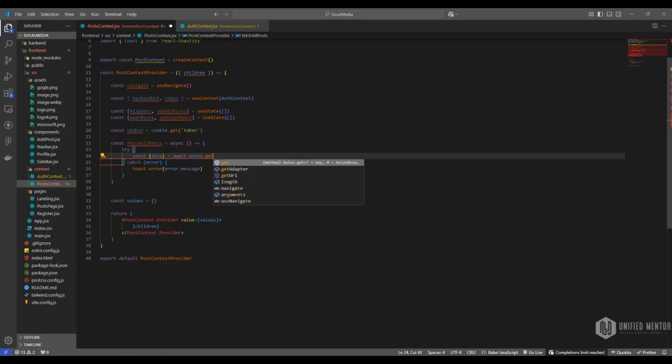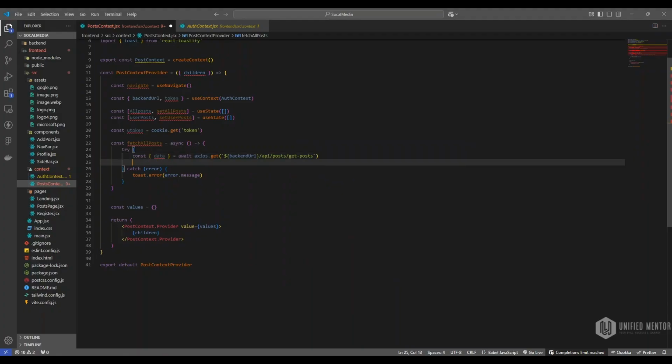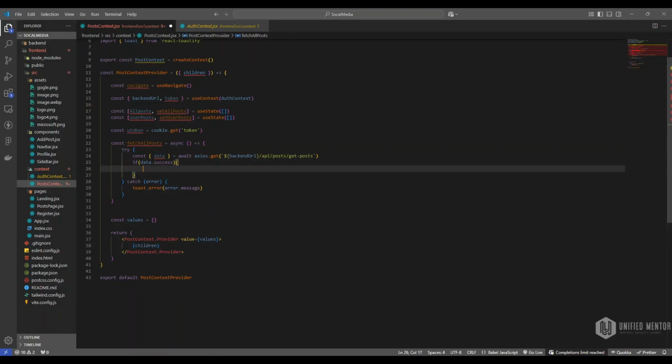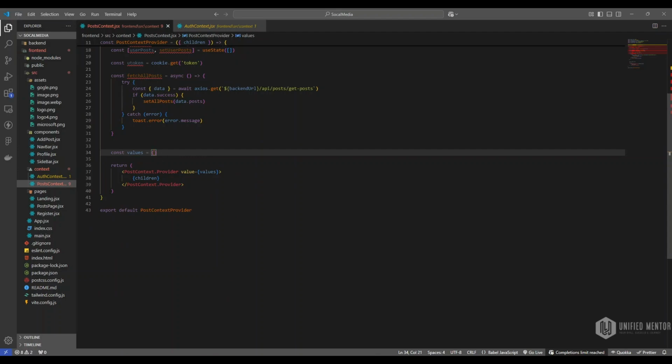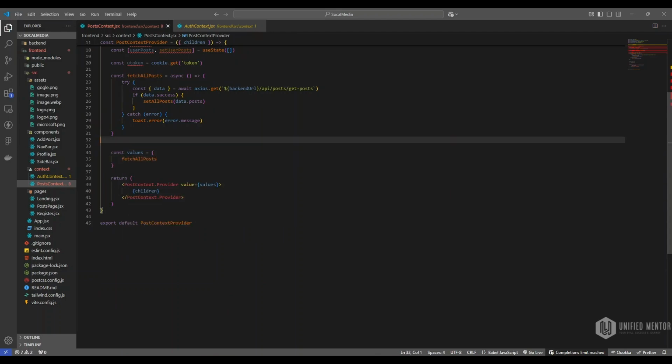axios dot, this one is a get method. Backend URL where I will hit the API. Which API should I hit? Post API. Get posts. After that, if data is success, we will set all the posts to posts. In the values, I will just send this one, fetch all posts, so that it will pass to all